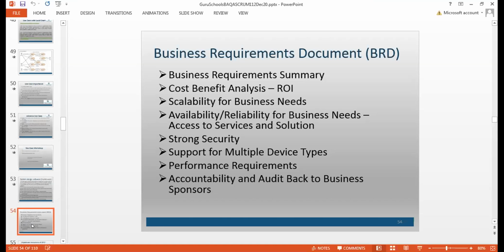So let's try to understand these names of the documents, right? These names of the documents are uniform across the industry, but some companies might feel like, I call SRS BRD, and so on and so forth. It happens. Or if you're working at some company like State Farm, where you create these BRDs. These are business requirement documents. These are also created by the analyst predominantly, but these are working at a client.